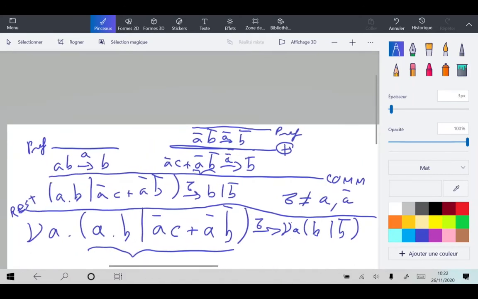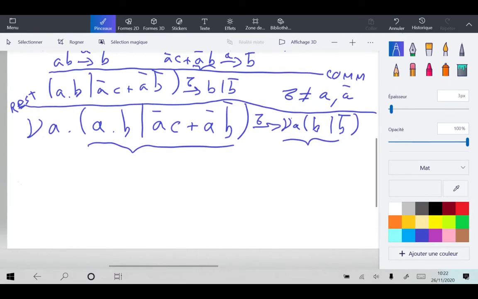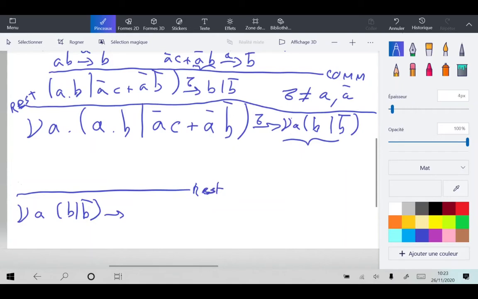Now we can try to start again from this term and continue the reduction. So we start from this term and we want to see what rule we can apply. It must still be a restriction here. And we can check that by restriction, I could decide to do B, which is different from A bar.